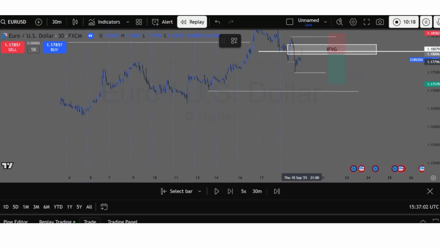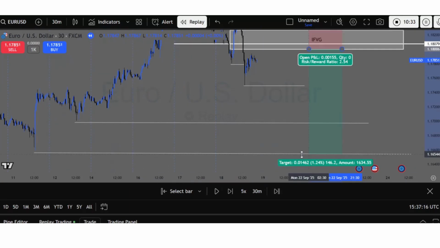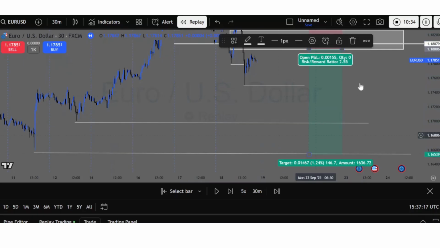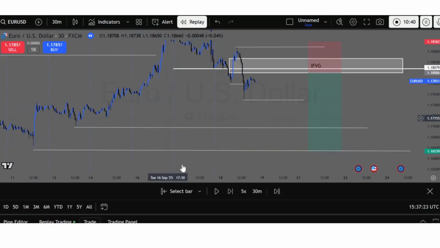I'm also marking these for you guys. You see, you have a lot of take profits. So since I have a lot of take profits, there's a lot of profits we're gonna be able to obtain. So this is our market. So let's see. If the market goes up, so hold on. And for you guys, as I implied, we're gonna be able to